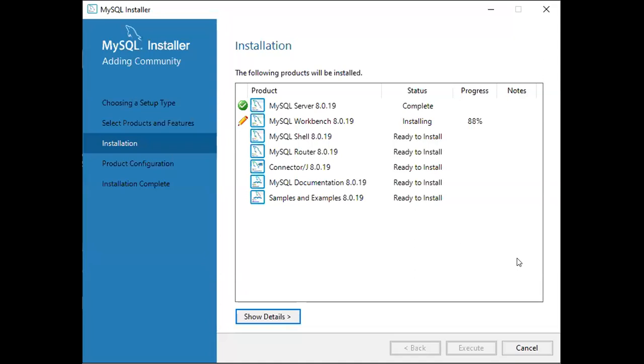Here we have to select the components and configure the password, the root password, all those things. This entire installation process will take some 15 to 20 minutes.